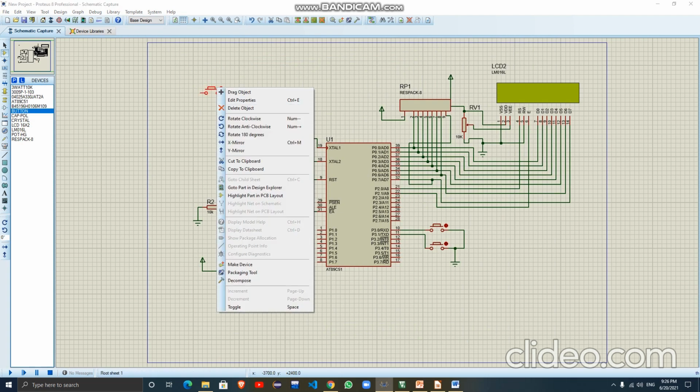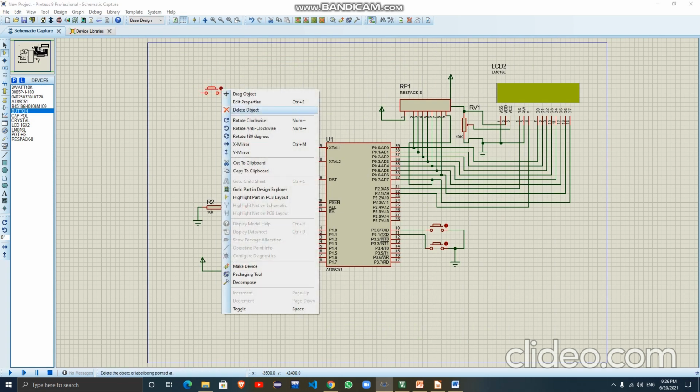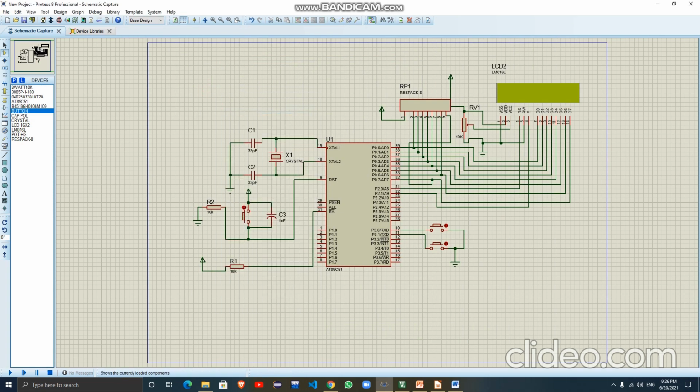This is the way. Now I don't want this, so I will delete it. And we need a polarized capacitor, a one microfarad capacitor, and we need 2 resistors of 10 kilo ohm. Okay, these are the components. I'm going to explain how these components are connected.